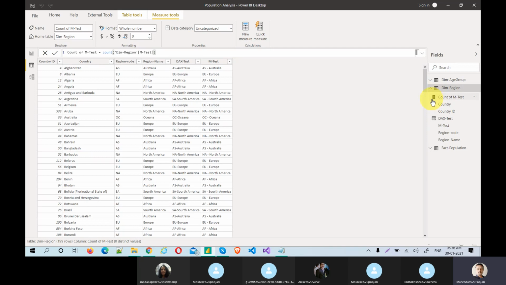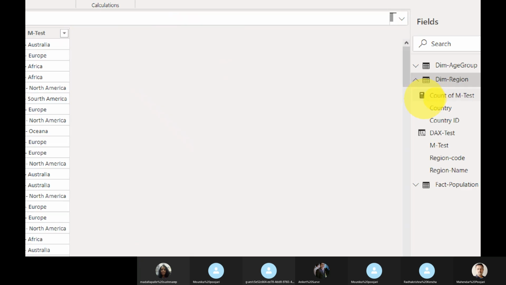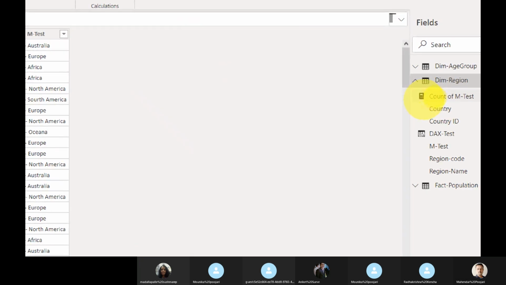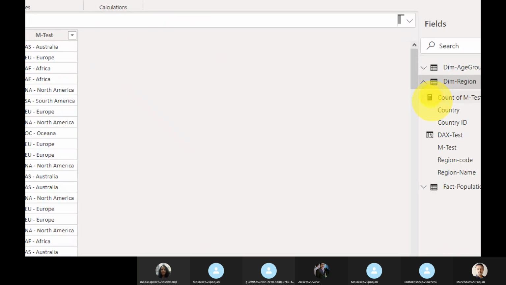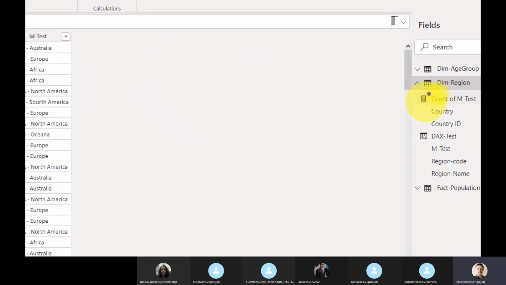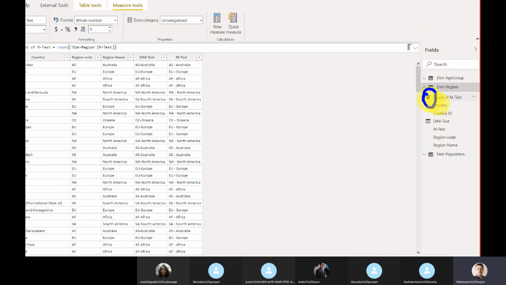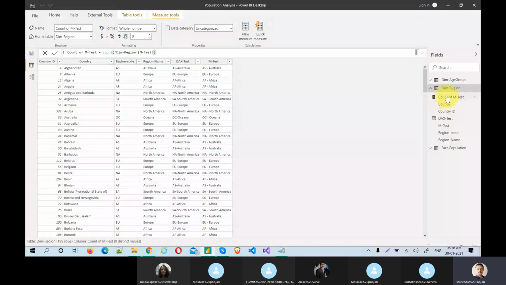I will tell you the best practices later, but for now assume that this is the measure. This is the measure symbol, which represents a calculator. We should be very careful about the difference.